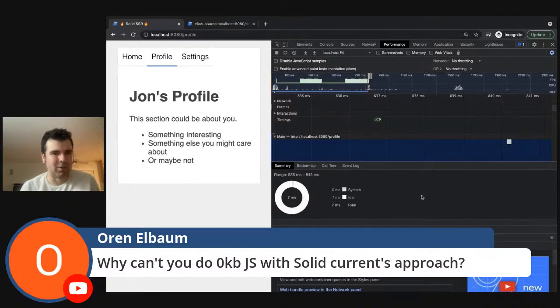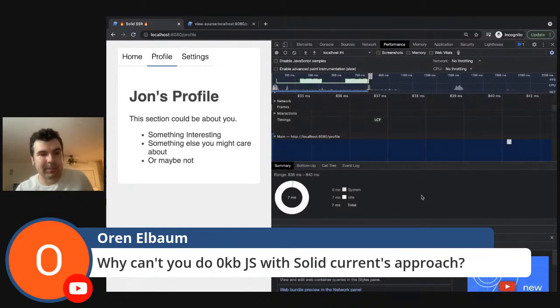It's kind of all or nothing, because you need to load the framework to get the routing and to do the hydration, since it's top level. Whereas in something like Astro or Marko,